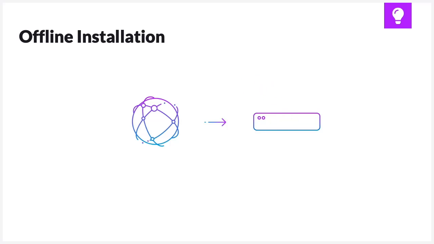But what if your host machine is on an air-gapped network, meaning that it is physically isolated from other networks, including the public internet? In this case, we'll need to perform